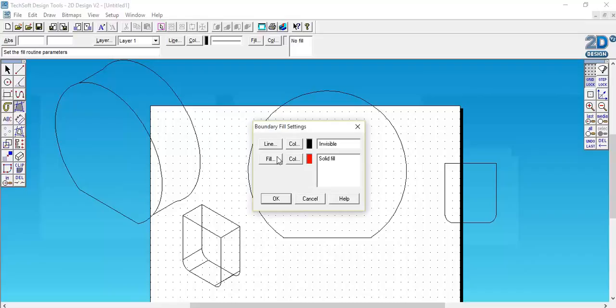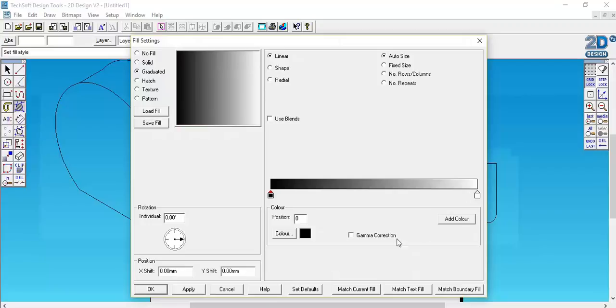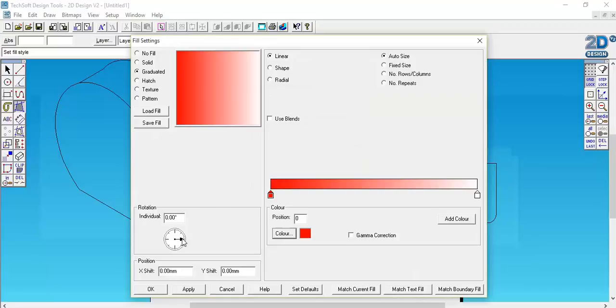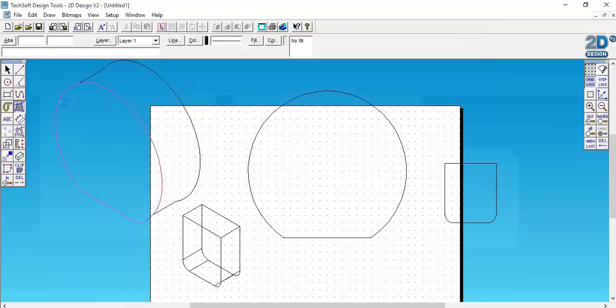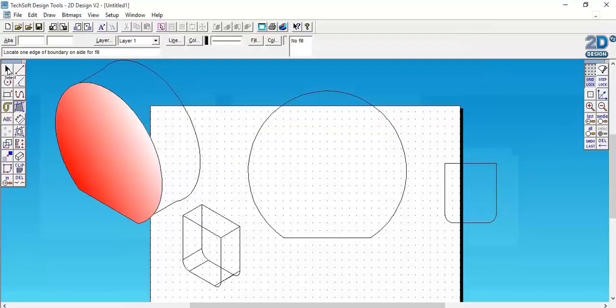So I'm going to go to fill, and I want a graduated fill, and I want to change that to, let's say, red. Another red face. I can then change the angle at which it's working. I think I'll go 30 degrees. Press apply, press OK, and I can then say OK, click on here. Any islands, say no, and there's the front of my